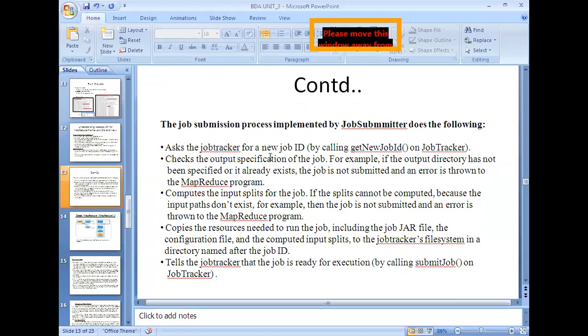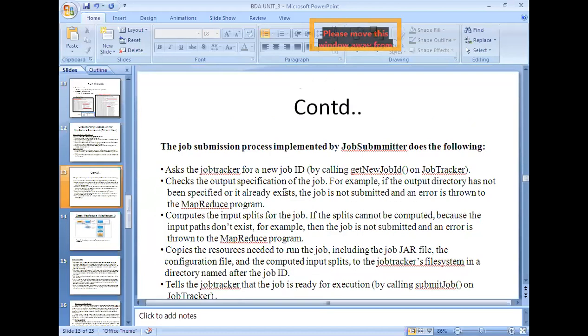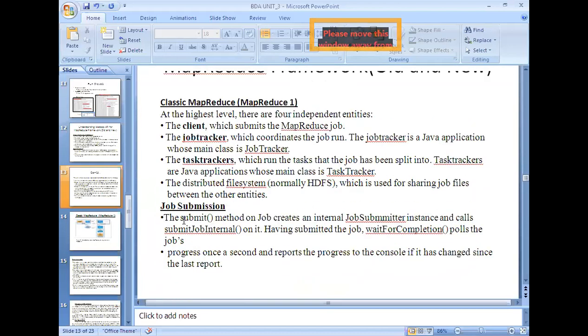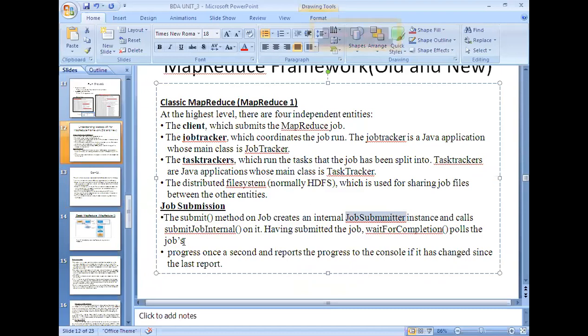So the job submission process implemented by the job submitter does the following things. As for the submit method, it internally creates a job submitter instance and calls submitJobInternal. So now let us see what the job submitter does.